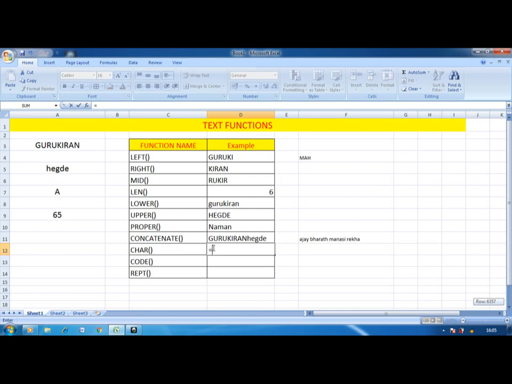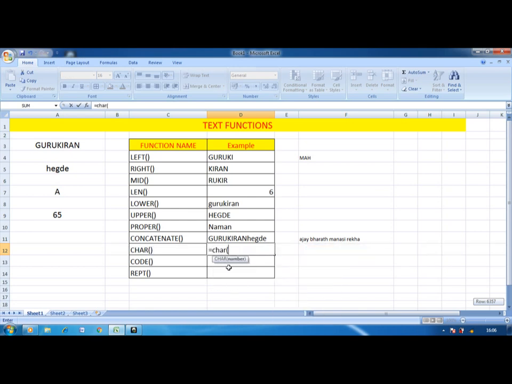Next thing is CHAR. Here what happens? This function returns the characters specified by the code number. In a keyboard, we are using a number of characters. Each character has its own serial number. So if we want the character for a particular number at that time, you can use CHAR.